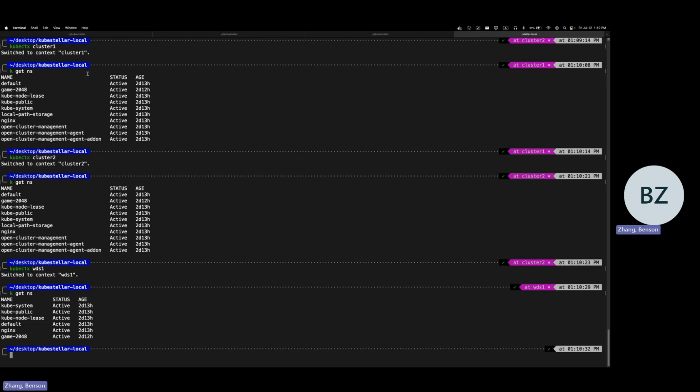If our namespaces are the same, we can move on to actually opening game 2048 on our browser. To open game 2048 on our browser, there are 2 ways we could do this. We could get the external IP and expose that external IP using Ingress, or we could do it through port forwarding. But if I do get all